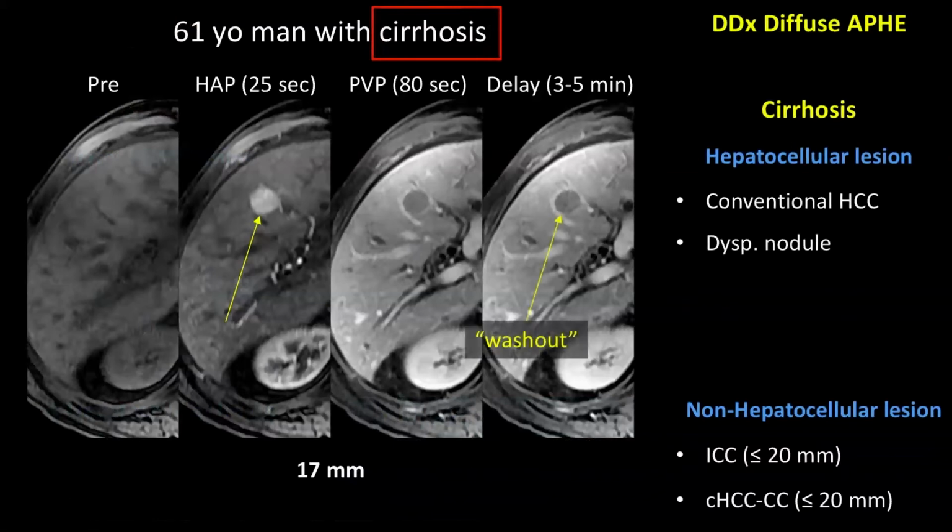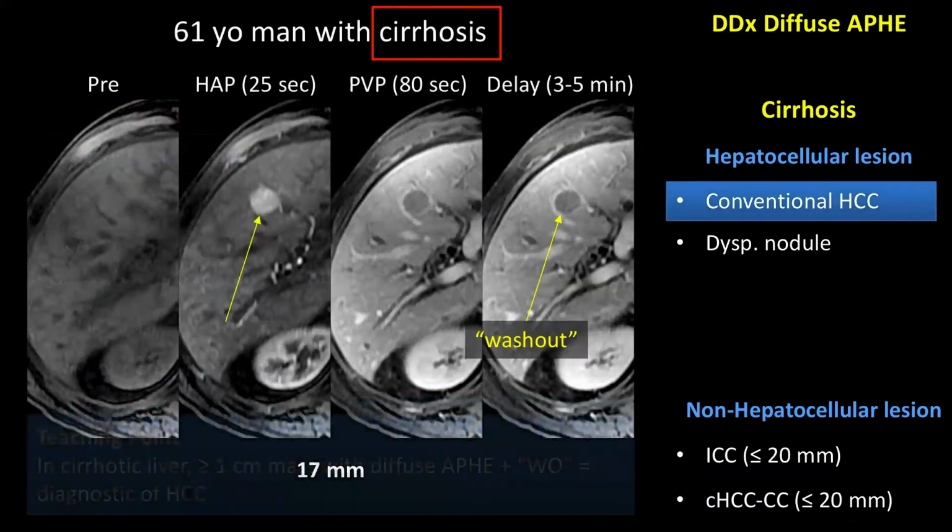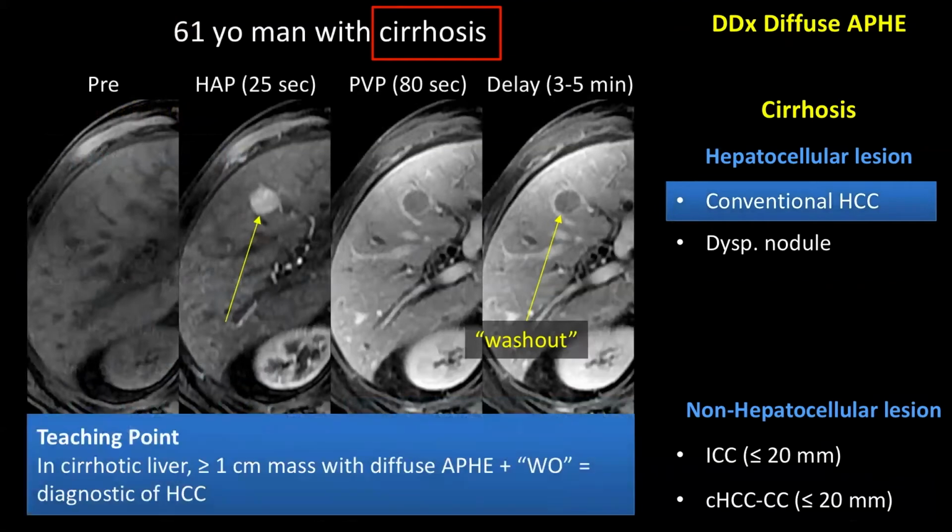This particular lesion has washout. Notice that this lesion is darker than background liver here. So the lesion went from hyper to darker. This is not fade, this is washout. And in the setting of cirrhosis, the combination of APHE plus washout equals HCC. So teaching point, in cirrhotic liver, a mass greater than a centimeter with diffuse APHE plus washout is diagnostic